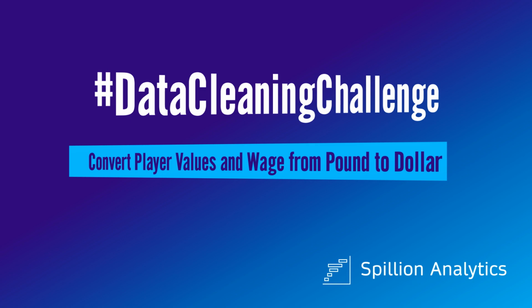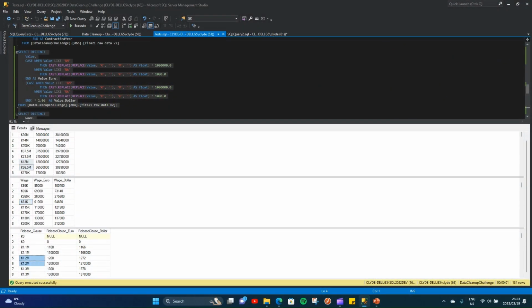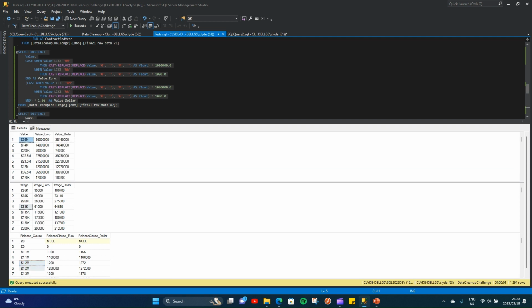Now, what was nice about this one is that the same issues applied in each of these columns, where it shows the value in euros, so it's 36 million euros, which is perfect, but the requirement says that we must display this value in dollars, which is fine, because once you have stripped out the alphabets and converted it into euros, then applying a dollar valuation to it is